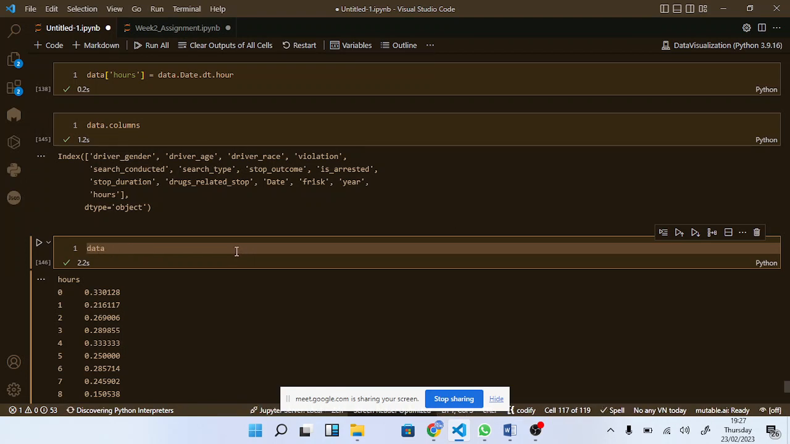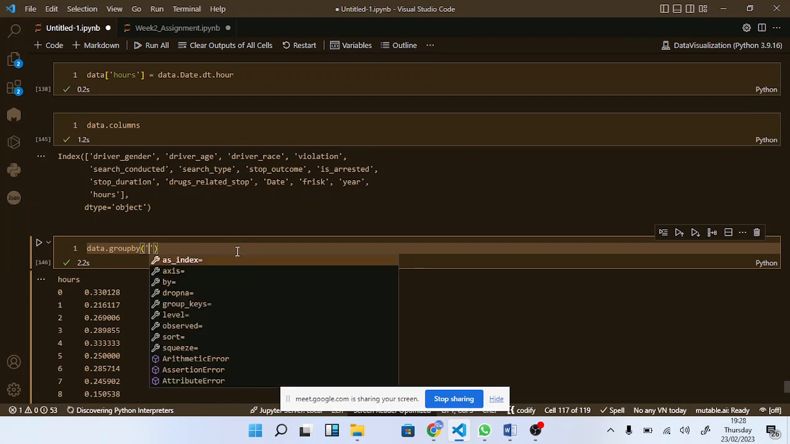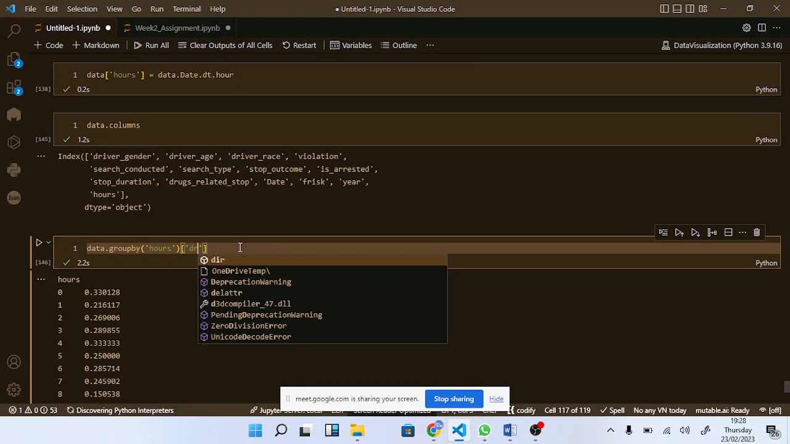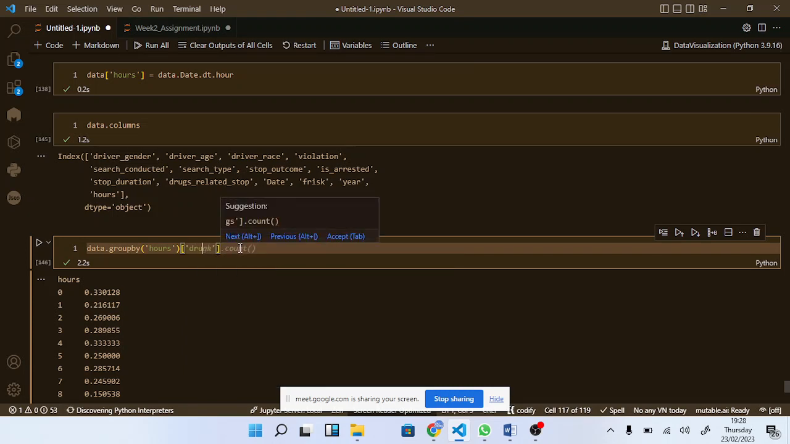It's data dot group by, and then inside here I pass my hours, and then outside here I pass my drugs, rated, and then I say dot mean. So if I run this, I will have